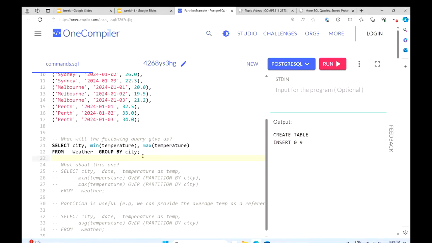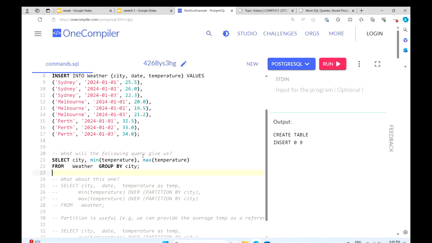How many rows should we expect from this data here? Yes, I see some of you showing 3. Yeah, we should have 3 rows because we are grouping by cities, and we have only 3 cities inside our database.